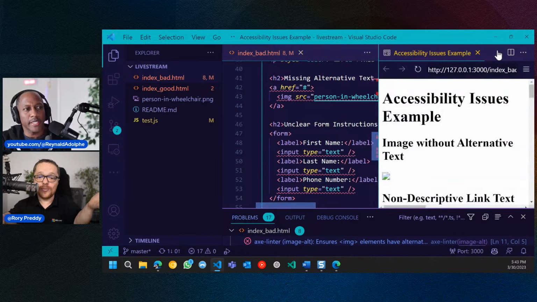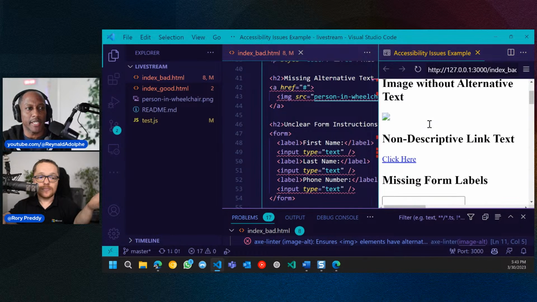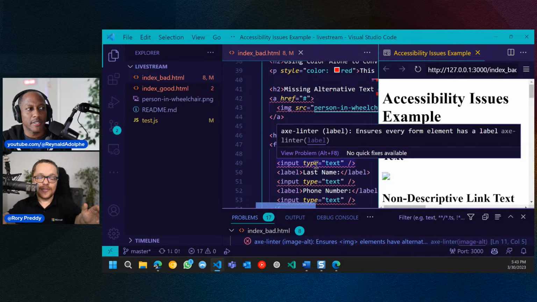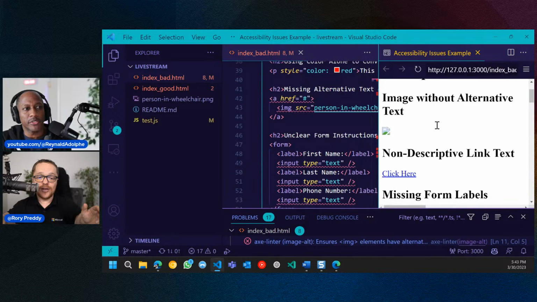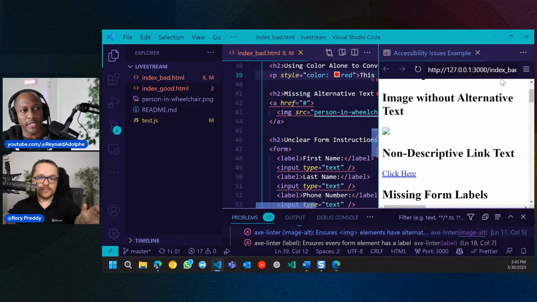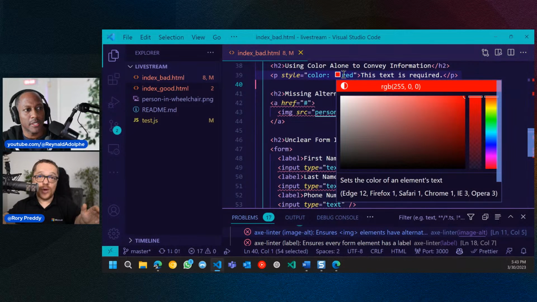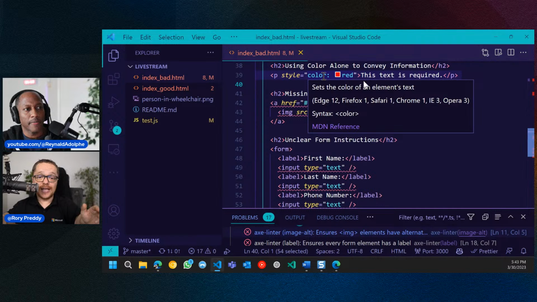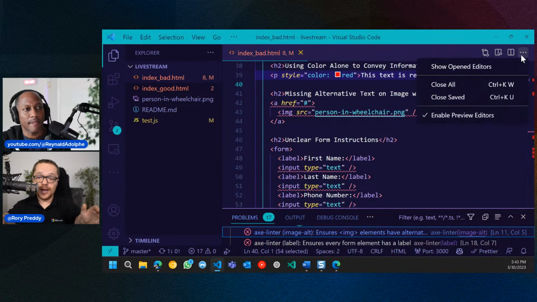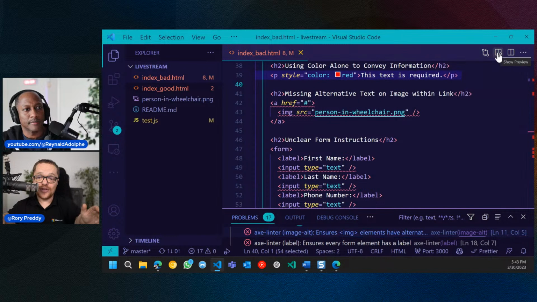Okay, the squiggly lines are because the Linter is indicating that there's a problem, right? Correct? That's the Linter, yes. Okay, and if you scroll up to line 39, where we're using the color, there's no squiggly line though. So you just know that that's bad practice because you know it, right? But the Linter's not picking that up. So you can still use red text. So if you go here, it needs to render it. That's a really good example.